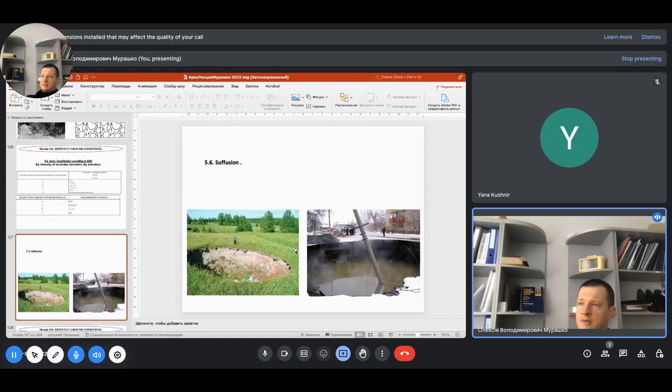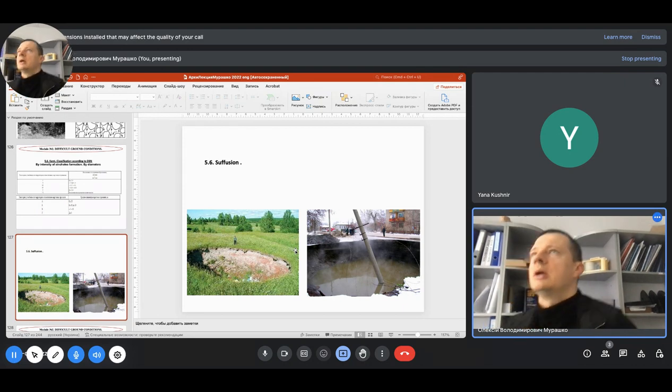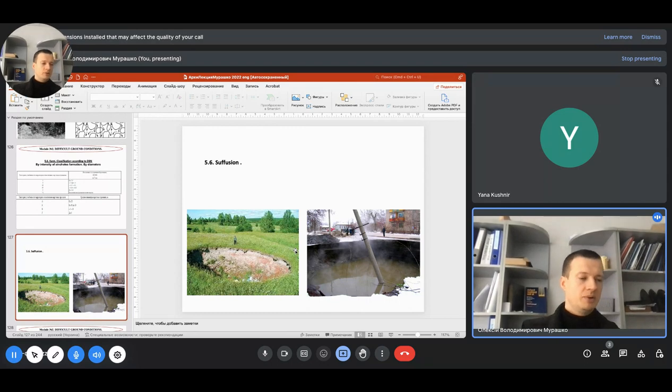So when we have to work on such construction sites, we have to be aware of those classifications. So try not to design on the first category of karst, and on the category with a diameter of more than 20 meters, because the building that you will design will be so expensive. It will be really expensive, because you have to